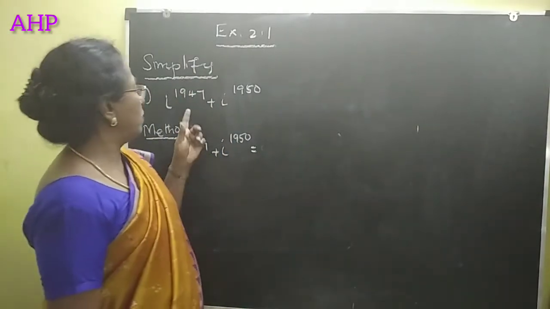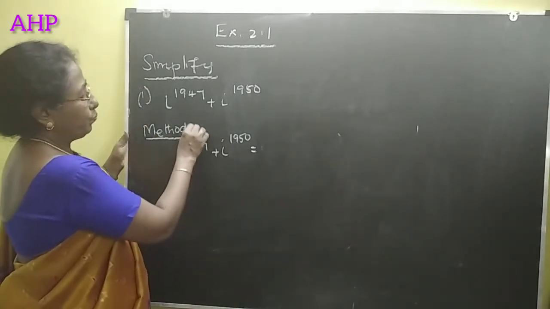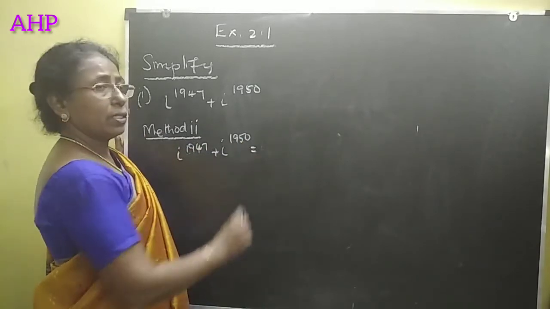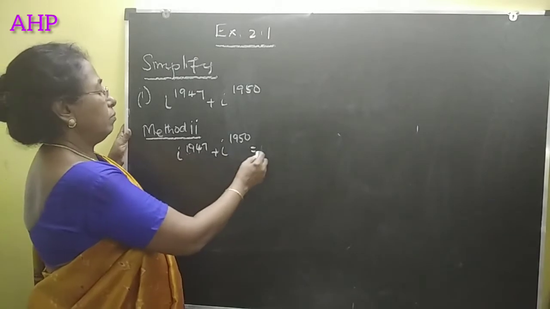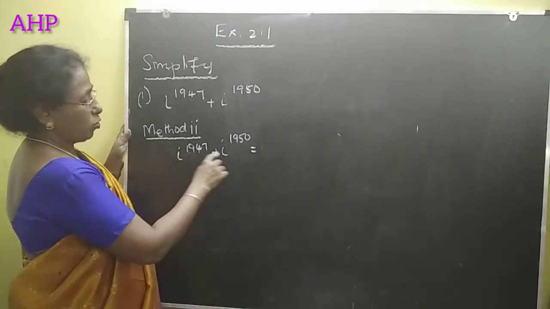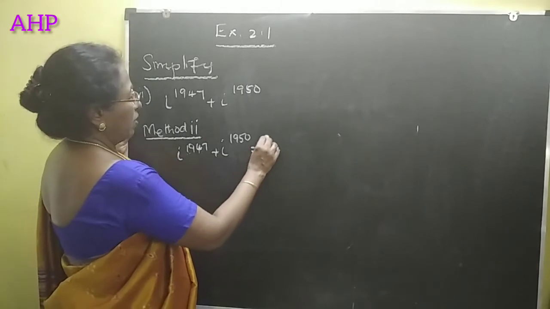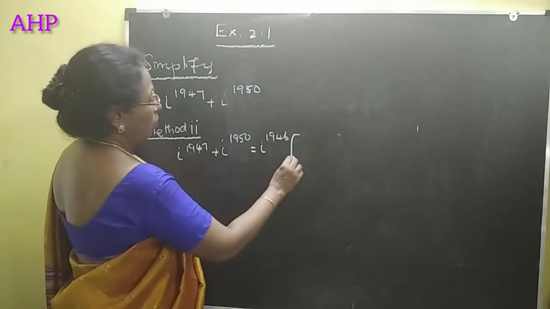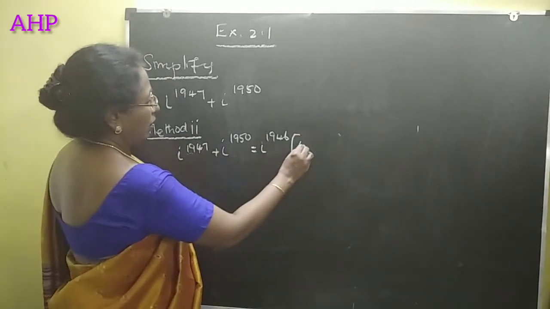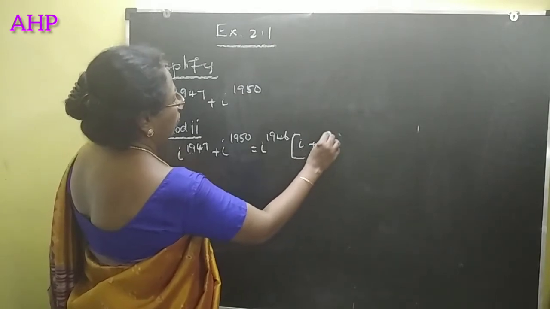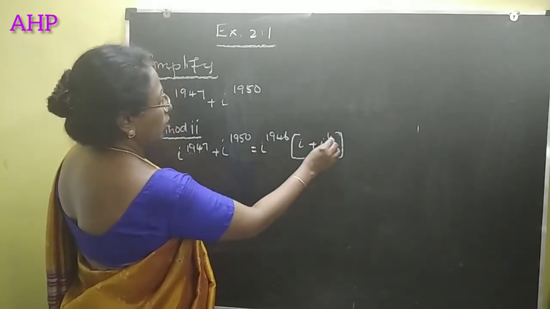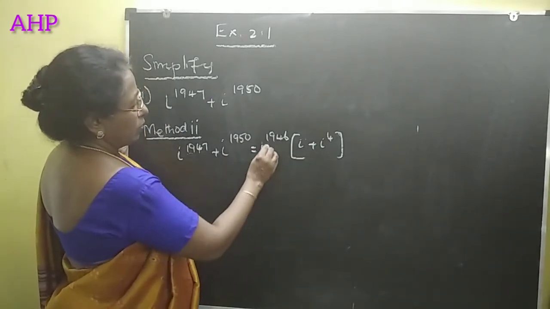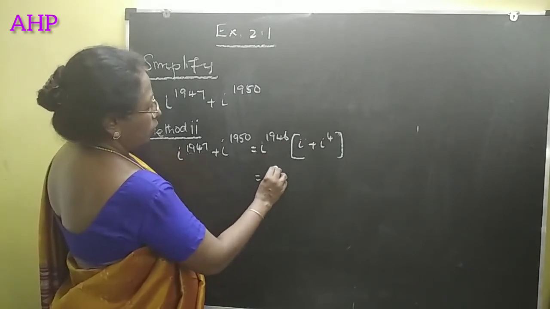Now let us do the same question by the second method. Method 2. i^1947 + i^1950. Let us take the maximum even power from these two terms. i^1946 is the highest even power that is common in both. You take that out: here you get i, here you get i^4. See, 46 plus 4 is 50, 46 plus 1 is 47. So now this can be written as (i^2) the whole power